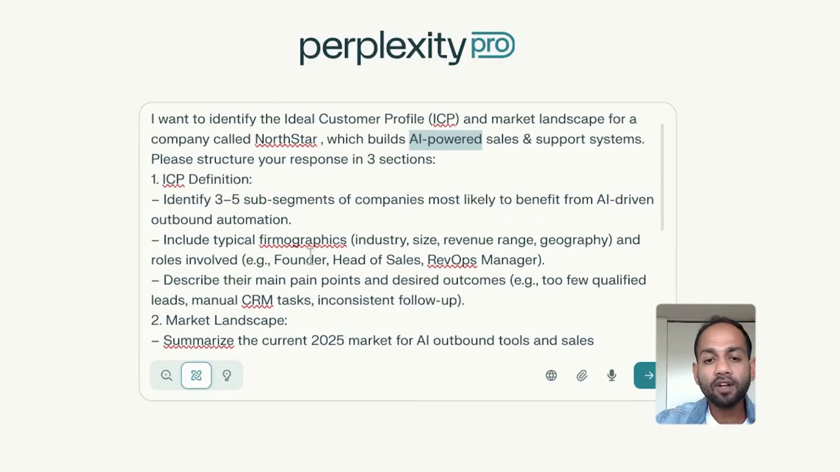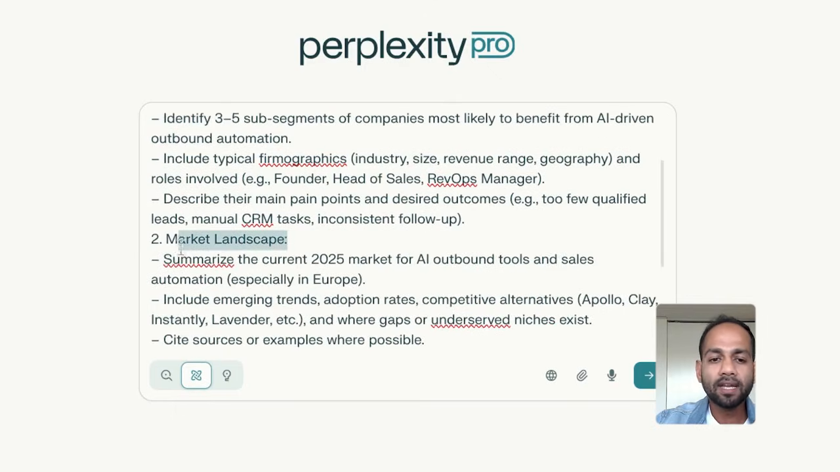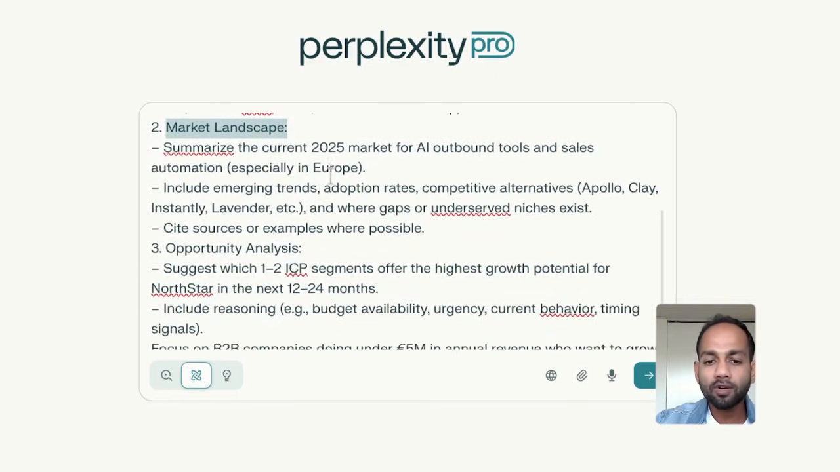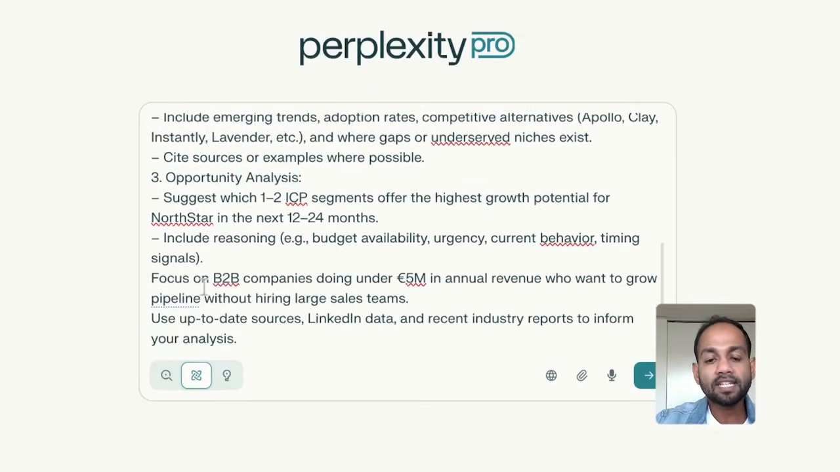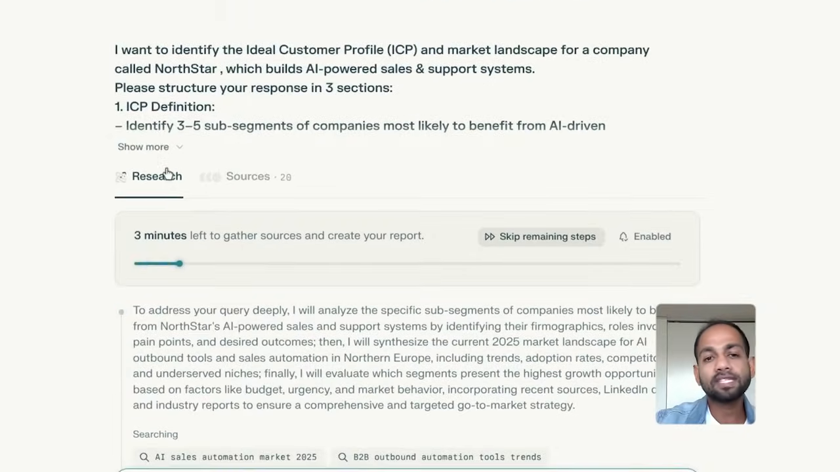So I've given it some kind of context, what I'm looking for, what kind of output I'm looking for in terms of sections. So I want an ICP definition. I want to understand the market overall. How is it growing, especially in Europe? And then I want to look at opportunity analysis. I'm going to make this a little bit more focused on Northern Europe, which is where I live. And I'm going to ask it to focus on B2B companies doing under 5 million euros in annual revenue. As you can see, the AI is going to work, and I'm going to see you back when the